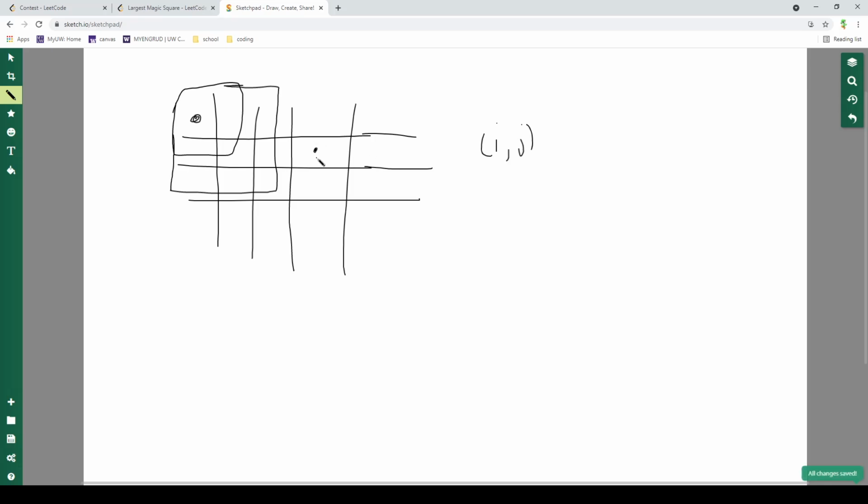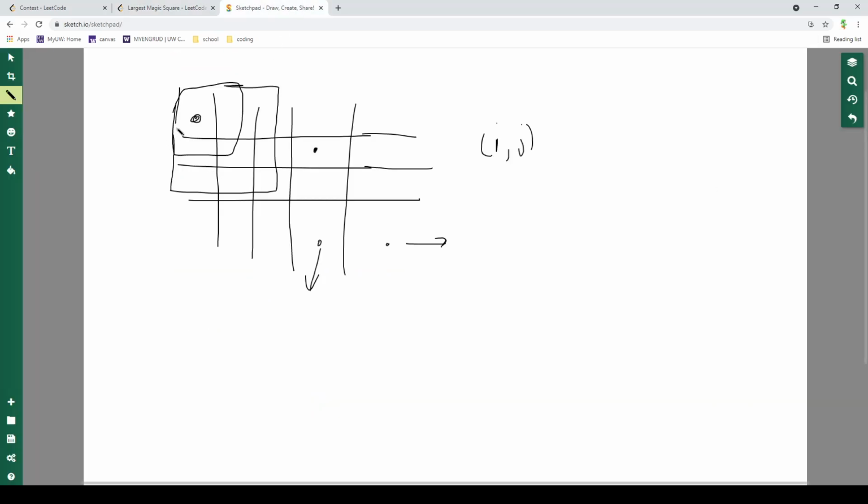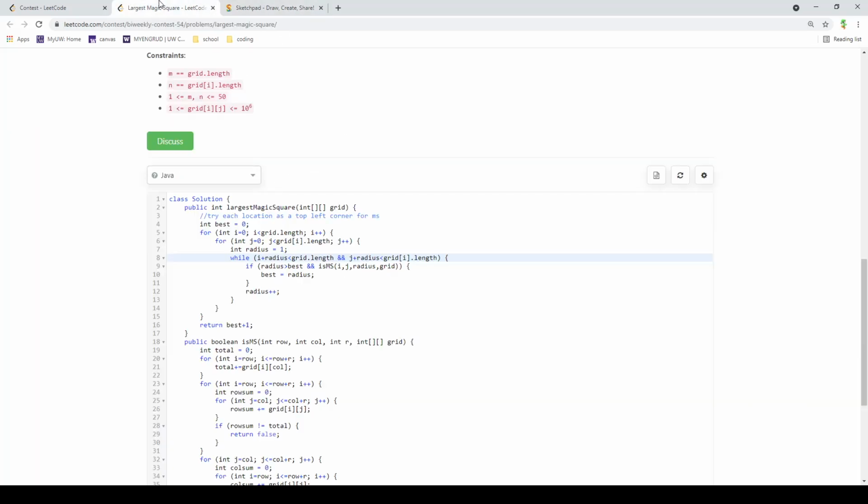So when you add a radius to it, since it's the top right corner, you want to make sure that you don't go out of bounds here by adding too much to i, which is the row, and you also make sure you don't go out of bounds here. So this just makes sure that you can expand the box. So while this box is valid, so if this 2 by 2 is valid,